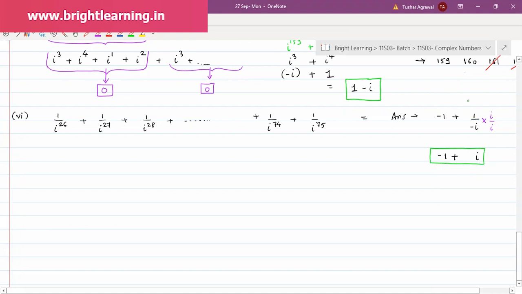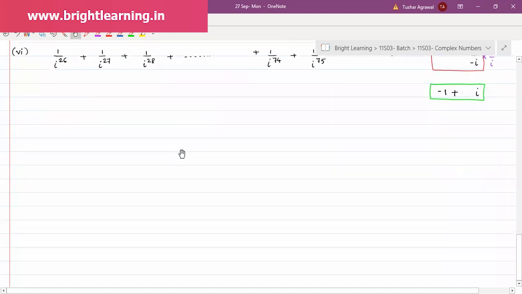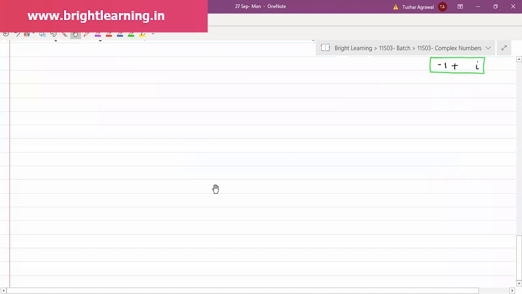You yourself verify up to this point. Okay, I am giving the final answer: minus 1 plus 1 upon minus i. I am giving you this answer. I have not explained it to you. You can verify it afterwards. Convert it into minus 1 plus i. This step I have explained. Have you understood the conversion? Yes, sir. So this question is for homework, just verify it. Now, moving ahead,